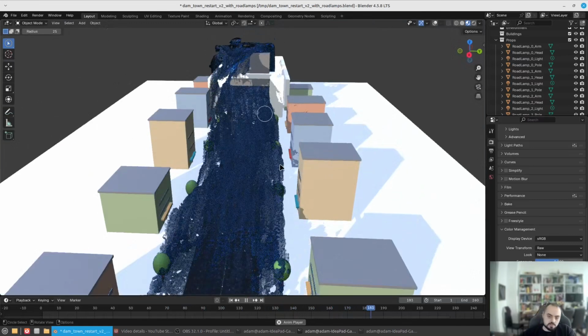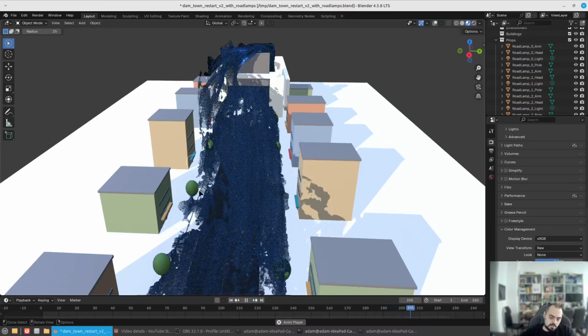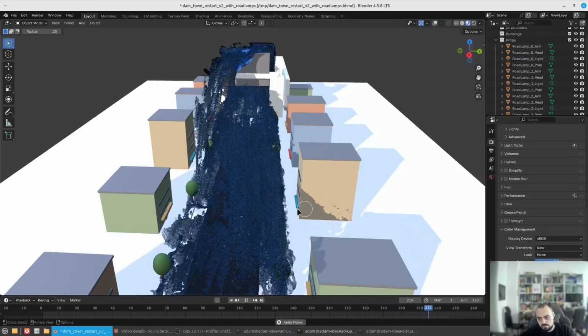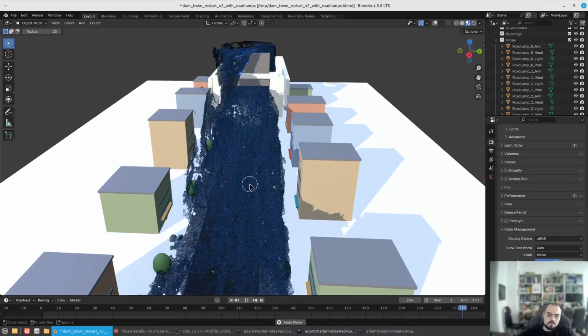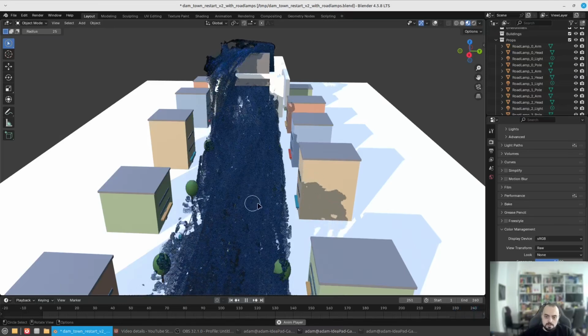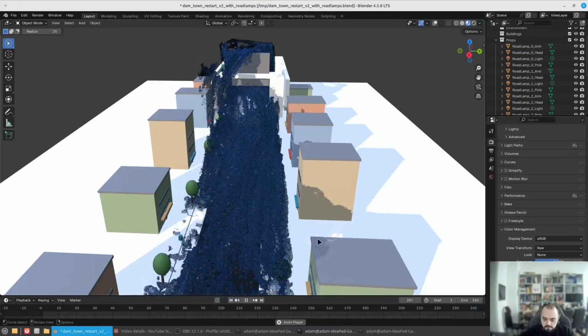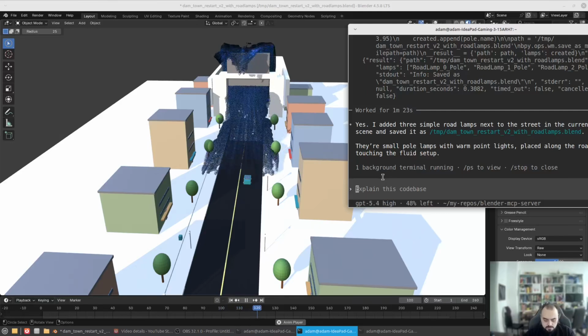We can do much more stuff than we could do before. We could add flows, we could work with light, and we can also have the camera controlled by the LLM. And let's give one more example, something live right now. Let's create